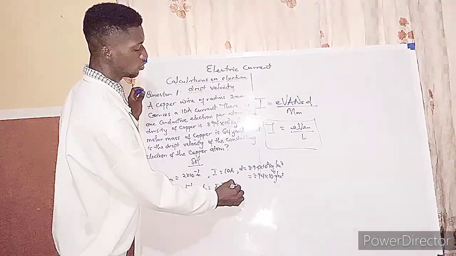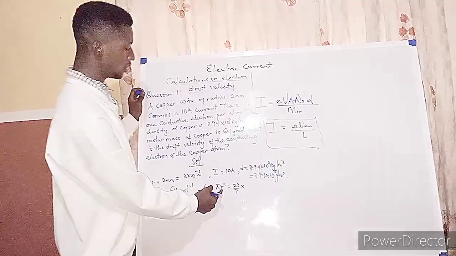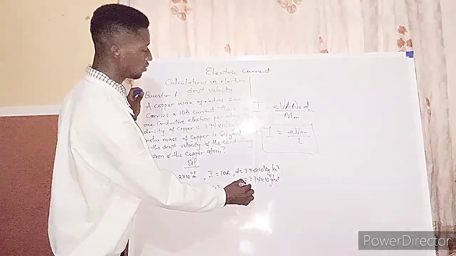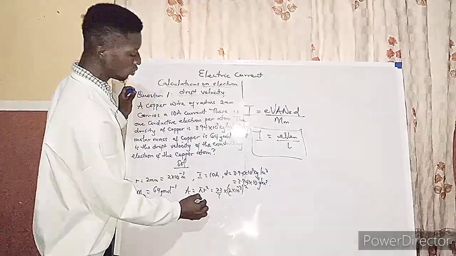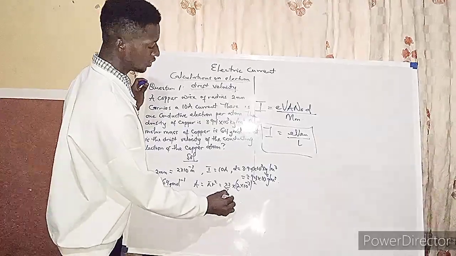Pi is just 22/7 times, what's our radius? The radius is 2 times 10 to the power minus 3. So we have to square this radius. When you square it, what do you have as your area now? We have to do 22 times